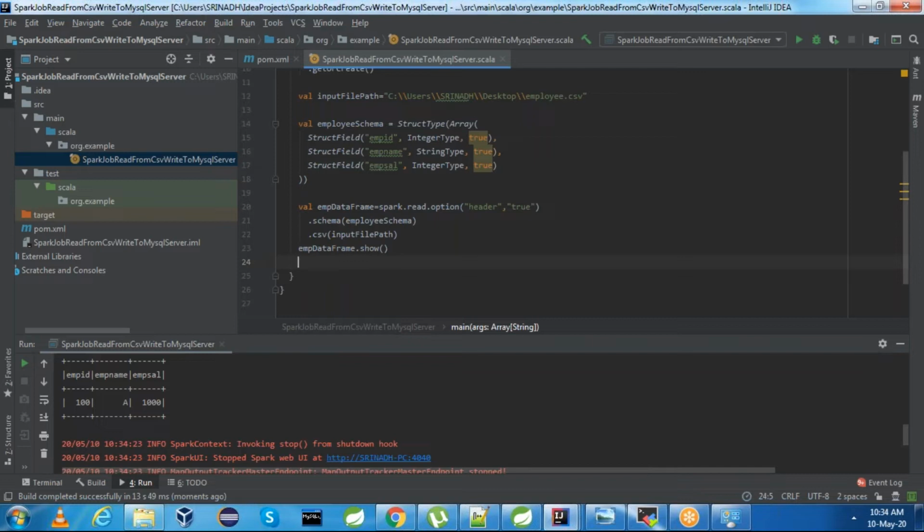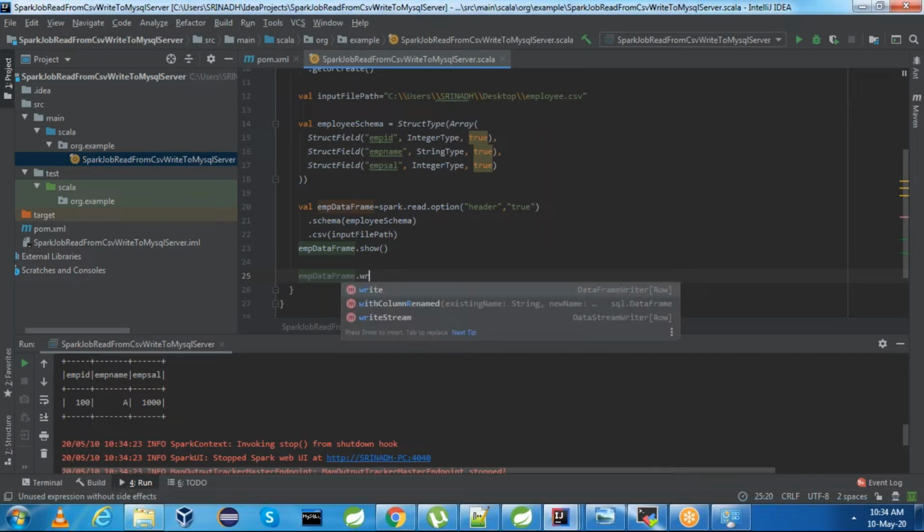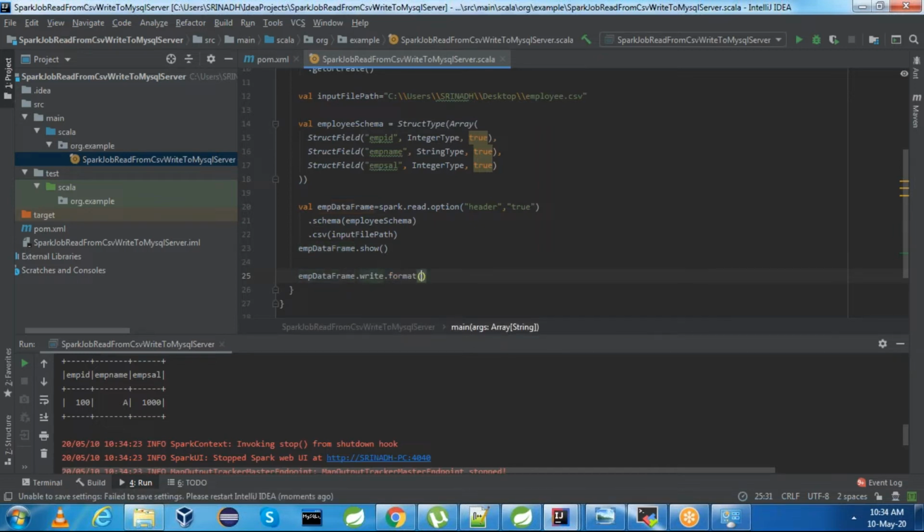Next, we need to store the data into the MySQL server database. For that, employeeDataFrame dot write dot format. In this case, the format source is JDBC, and we need to mention a couple of options. The first option is, what is your driver class? The driver class for MySQL is com.mysql.jdbc.Driver.